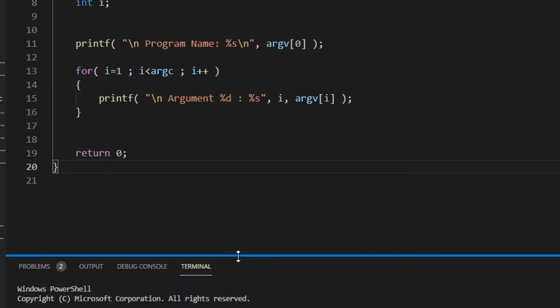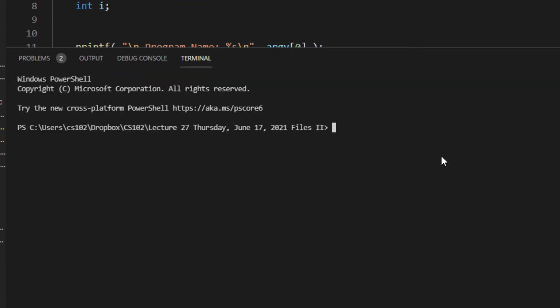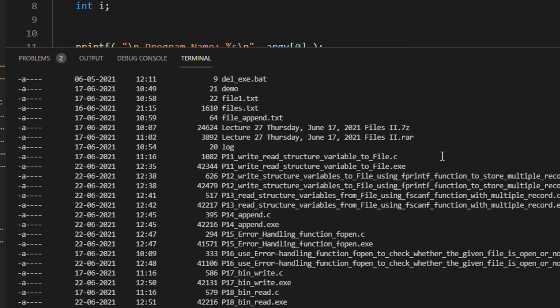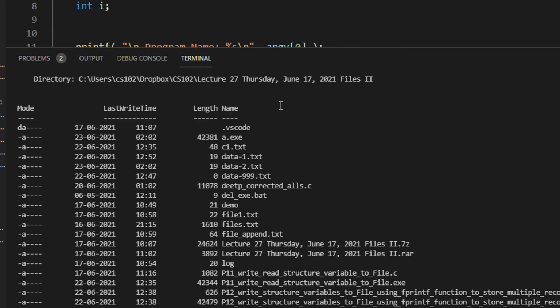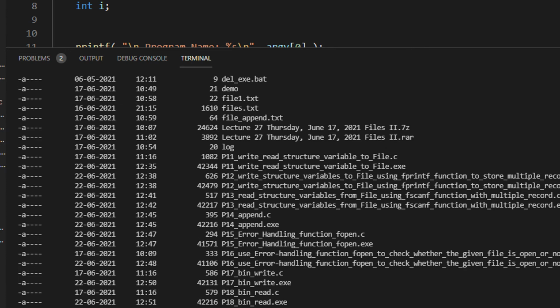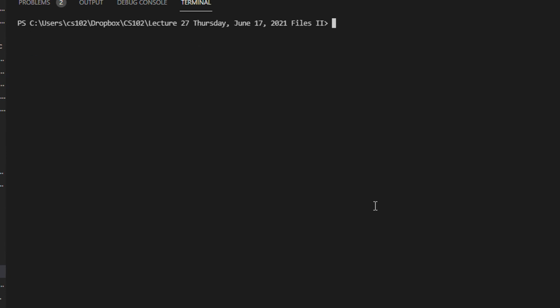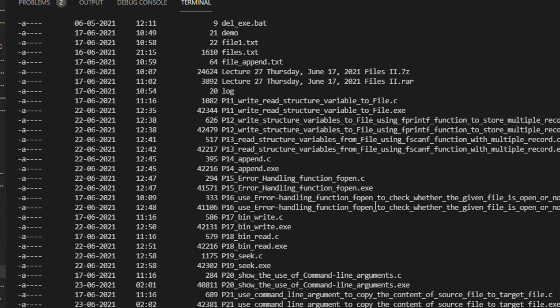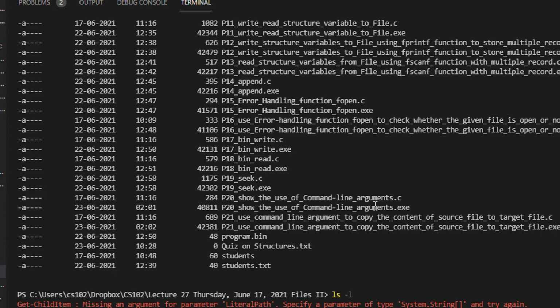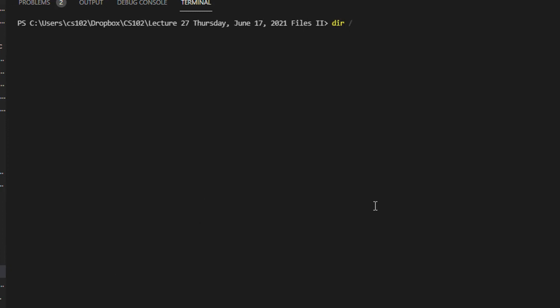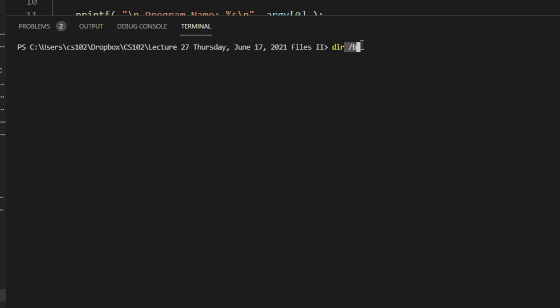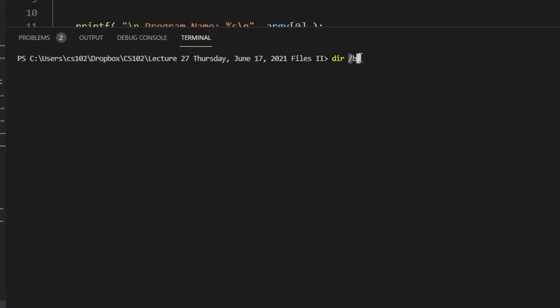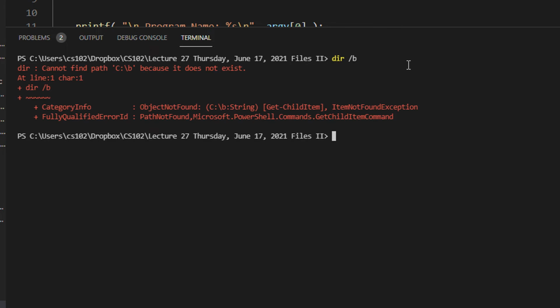Command line arguments is like if you are using Windows, you actually type dir and you will see the directory contents of that current directory, right? So this is a Windows system, or else in Linux, for example, if you write ls, this does a similar functionality. Okay, it works here also. So let's say you are using ls minus l, right? So let's say dir slash b. So slash b basically is known as an argument, right? And argument means in this case it will actually, okay, it is not working.